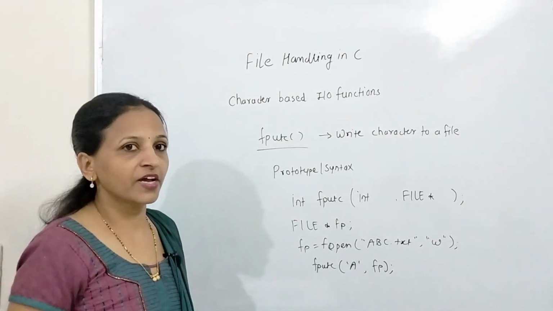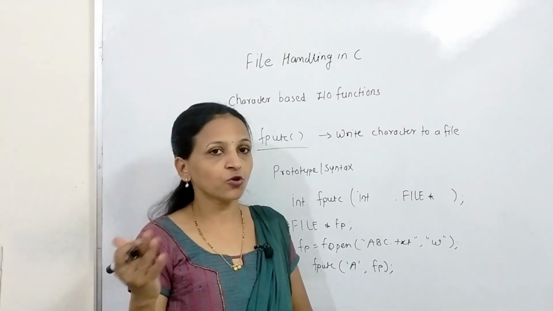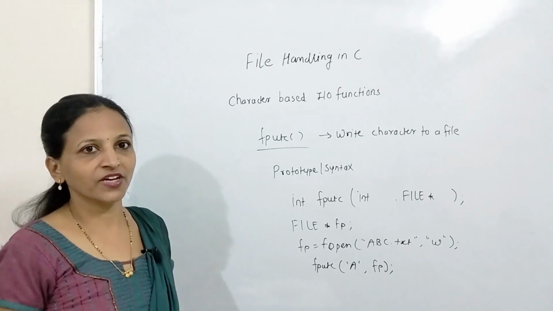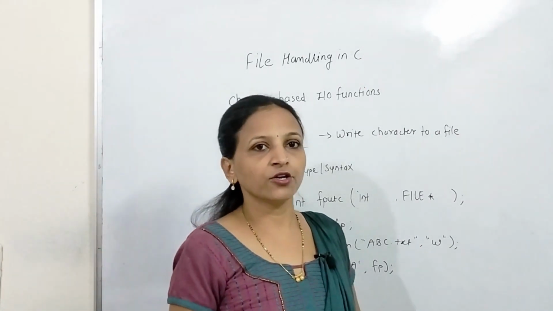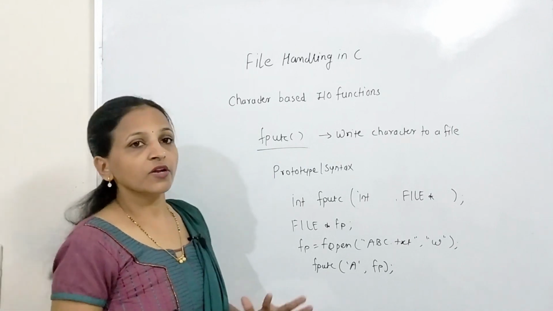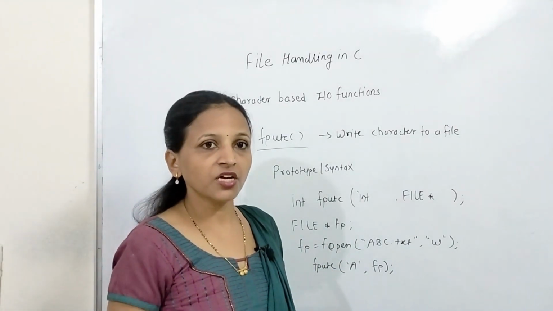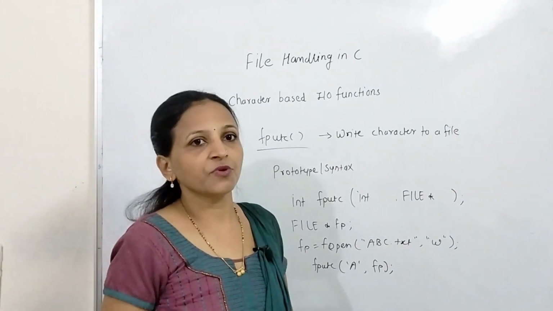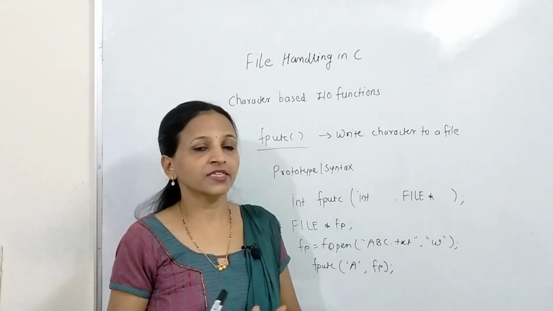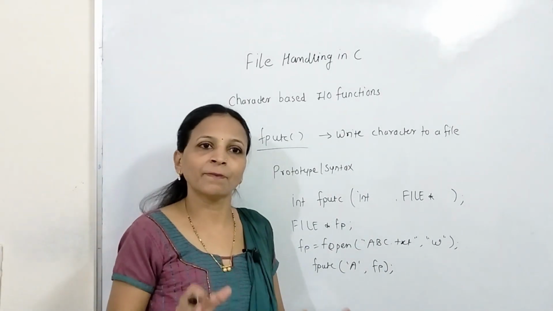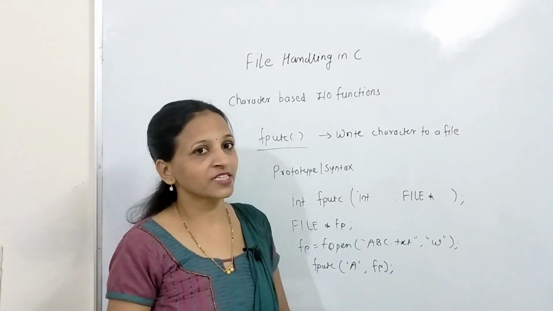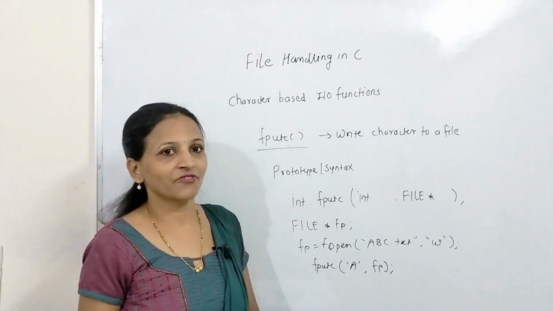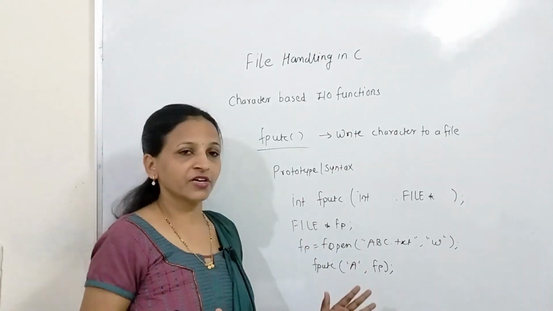Whenever you close the file, that is, when you call fclose(fp), automatically at the end an EOF character will get inserted, indicating end of file. This is all about fgetc and fputc. The fgetc function we can use to read a character from a file at a time, and the fputc function to write a character to a file. These are the character I/O functions for file handling. Now on the basis of this I am going to explain a program to copy the contents of one file into another file.